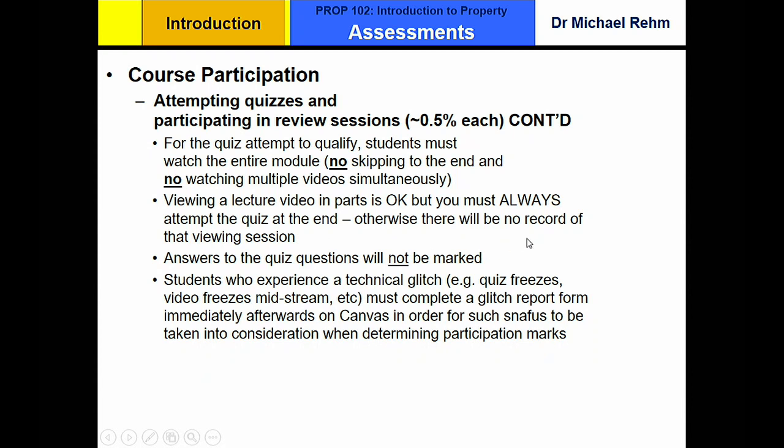So you have to make sure you don't skip, you watch the whole thing. This is important. If something happens, power goes out, something you skipped, something went weird, there's a little form that I've created on Canvas. Just go ahead and fill it in, say, hey, Mike, something happened. I'll look at that every time I pass judgment on your participation marks. But if I don't see a little form submission, I'm not going to know. I'm going to assume that everything was hunky-dory and you just didn't watch it, all right?